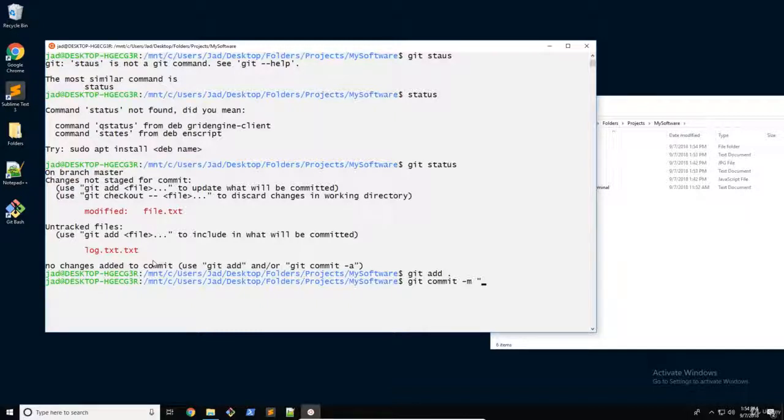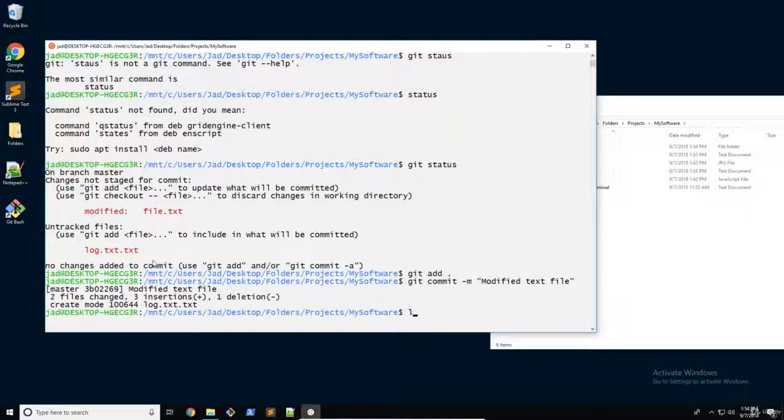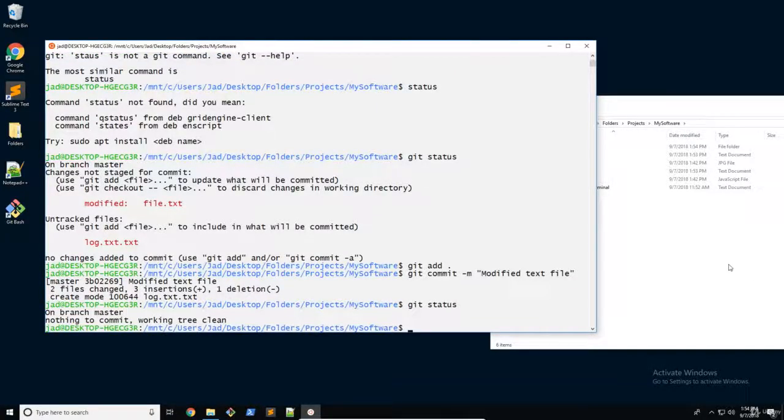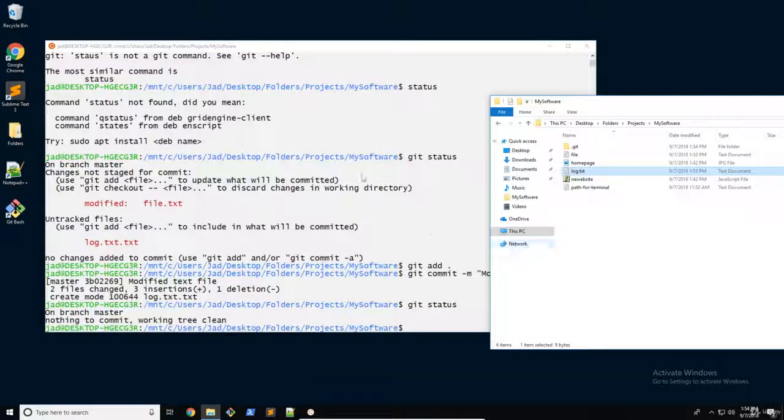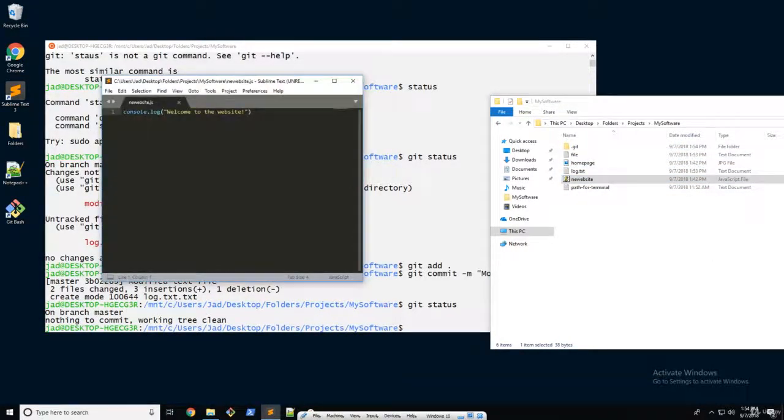So I'm going to just say modified text file. Let's check our git status. There we go, so there's nothing there. Let's just make another change. For example, I'm going to go into my new website and add another exclamation mark,